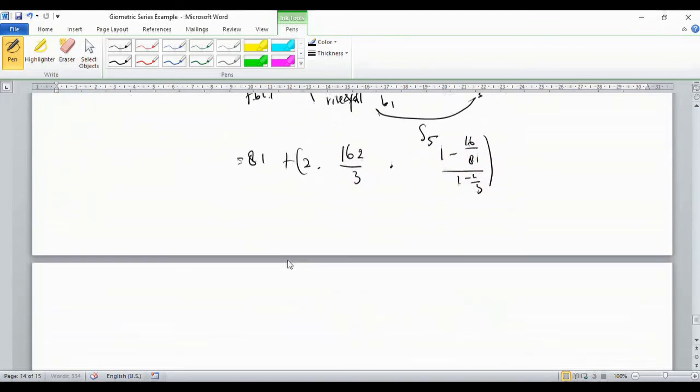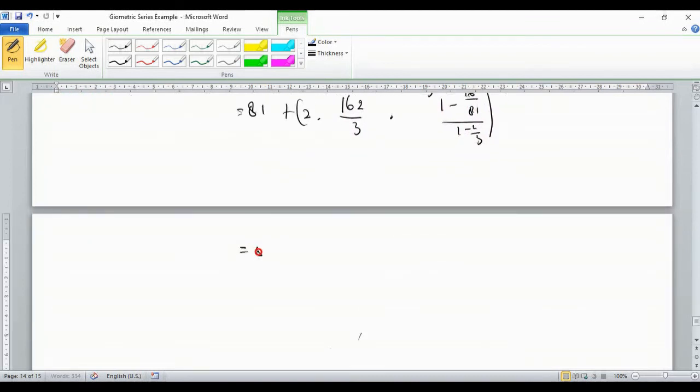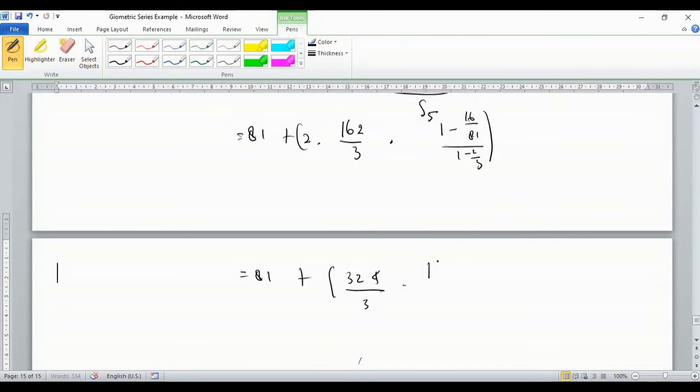So we can continue to be 81 plus 324/3 times 1 minus 16/81, which is 65 over 81, over